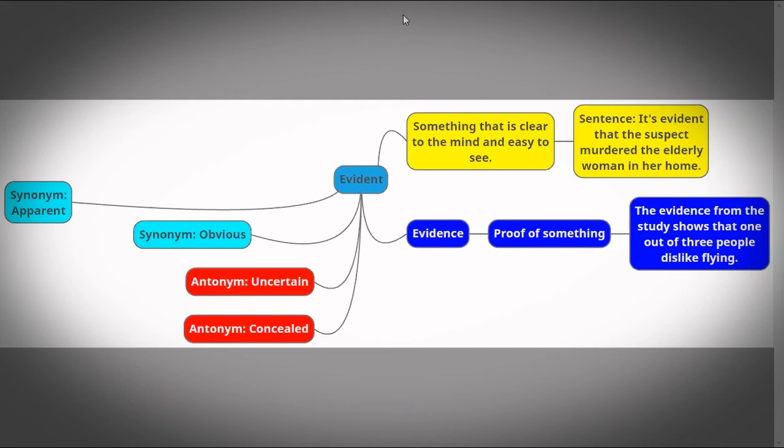So you can create a vocabulary mind map like I did online. You could do it in a computer program, or you can even just write it in a notebook. And sometimes that's the easiest thing to do, or at least it's the fastest thing to do. But I'd like you to try and do this on your own and create a vocabulary mind map for one of these academic words: analyze, authority, derive,